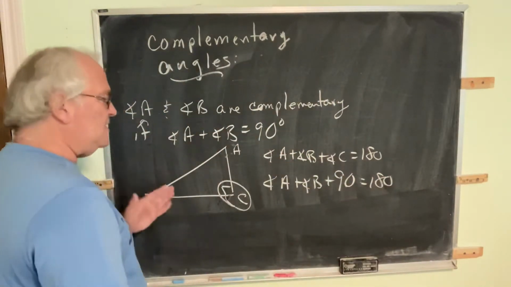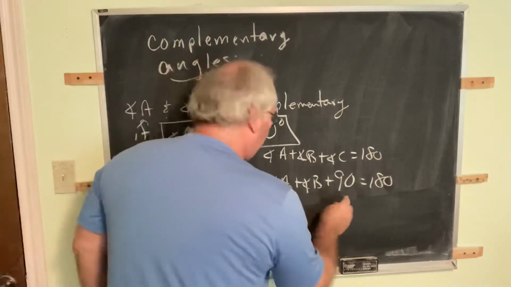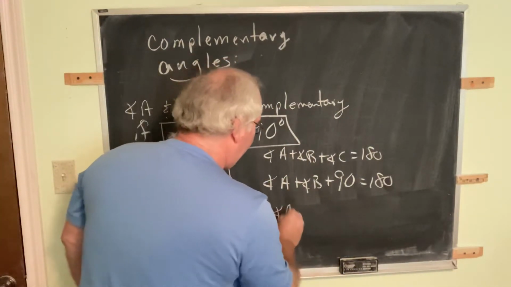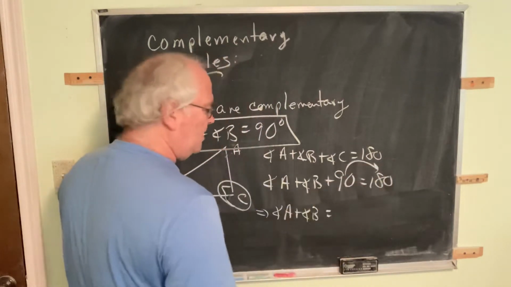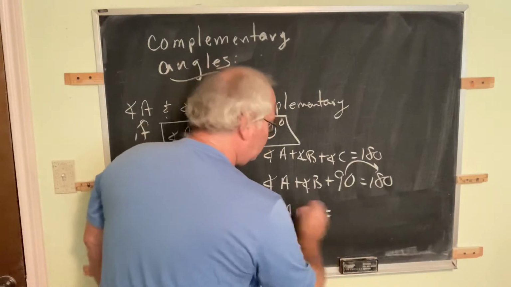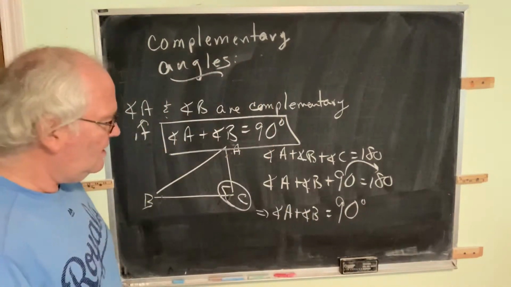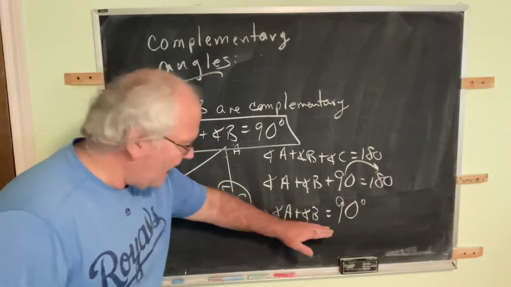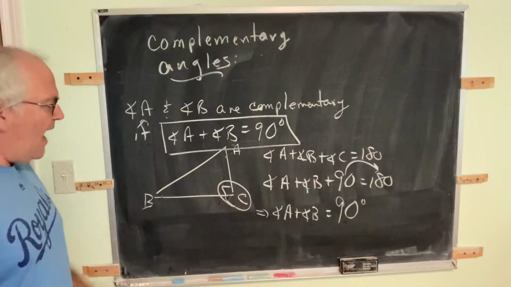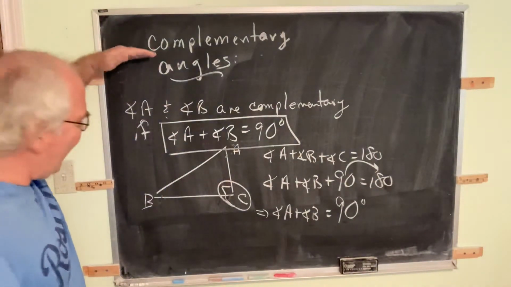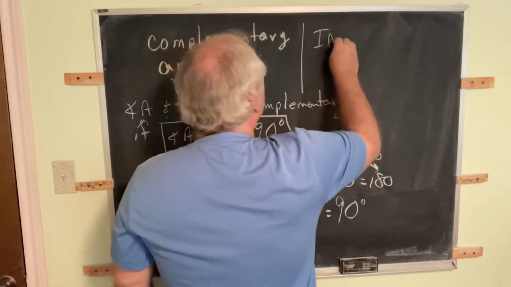which means this is the key result. Look, see, we see that. So what this forces angle A plus angle B to equal, subtract this to the other side of the equation. What's that total? That total is 90. And so angle A plus angle B is always equal to 90 degrees. And so that means that in any right triangle,